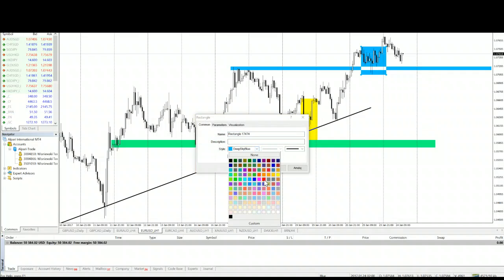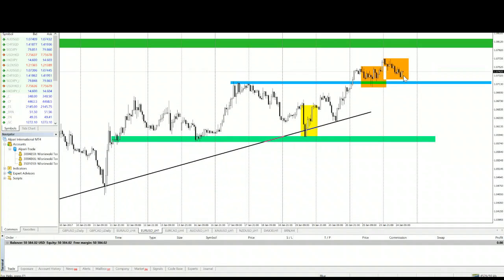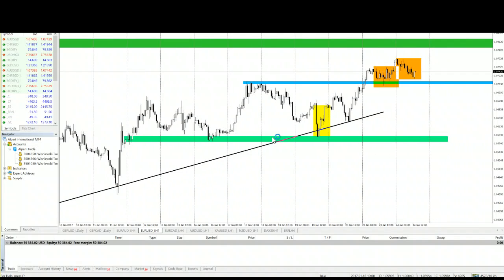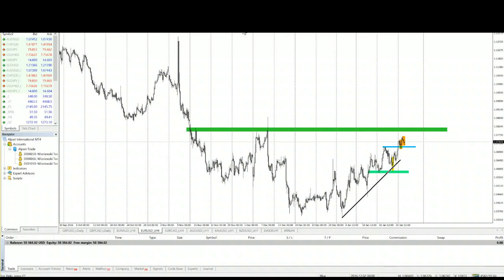Let me change the color. The same correction we are having right now, short-term correction. What we are having here on the hourly chart is a bullish engulfing, so there is a probability that we will continue the upswing from now on. As I said, price is making higher highs and higher lows, which is essential for the uptrend. I would say that we have reversed gravity from this horizontal resistance as well, and the movement of the upswing for the 60 pips is very probable here, and I think that price should be here in the next few days,